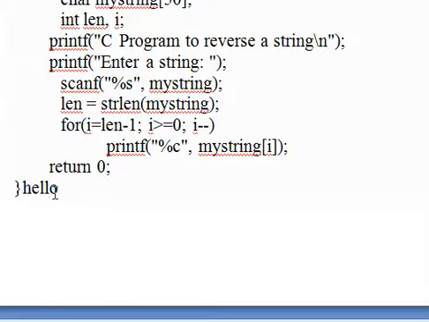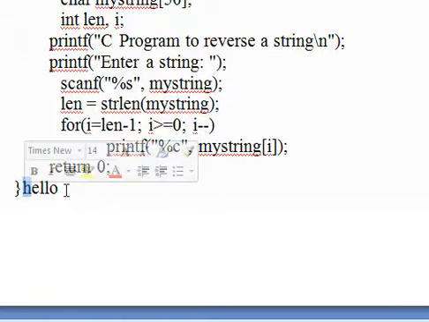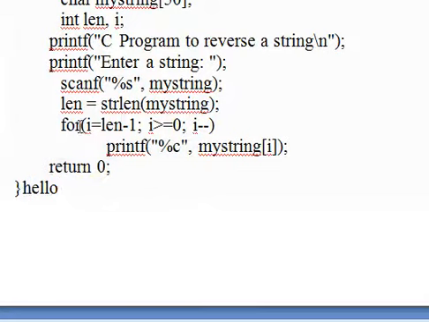So we have to print the string in reverse from index 4 to index 0 when it has 5 characters. I am writing like this to print the string in reverse order: for i equal to length minus 1. Why?